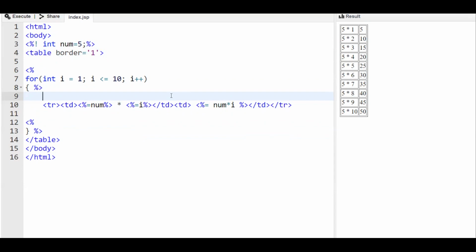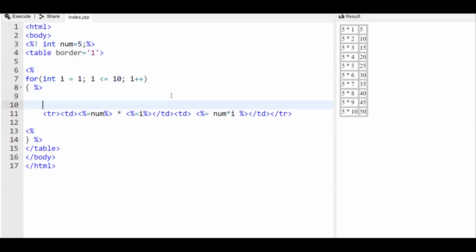Instead, if we want to store it temporarily, we can have an additional statement like this: result is equal to number star I. It is a temporary variable, result, and we shall initialize it to 0. In place of number into I, we may write res.